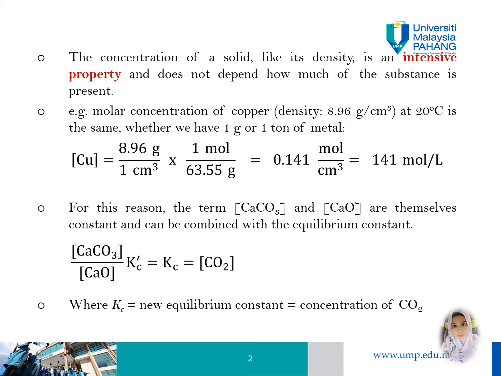to be derived shortly. The concentration of a solid, like its density, is an intrinsic property which does not depend on the amount of substance present. For example, the molar concentration of copper, given that the density is 8.96 gram per cm cubed, is the same whether we have 1 gram or 1 ton of metal. So from the density, we can convert into molarity by multiplying with the molar mass of copper. For this reason, the concentrations of calcium carbonate and calcium oxide are constant and